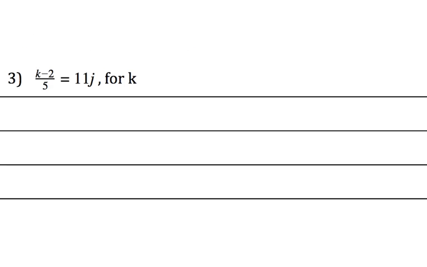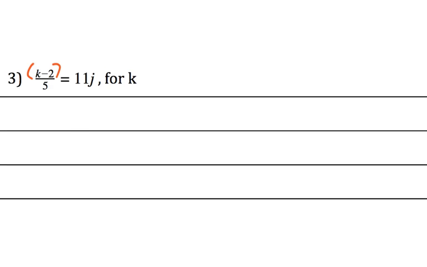Now, this problem right here says k minus 2 over 5 is equal to 11j. Now this would be less intense if we had to just solve for j, because I could multiply the whole deal by 1 over 11, and that would go away. But because I'm solving for k, I see this as having the entire quantity k minus 2 being divided